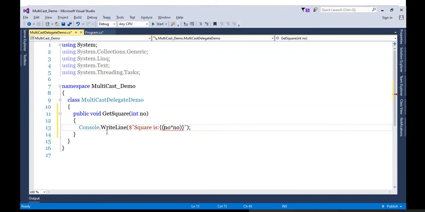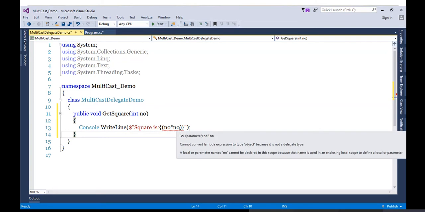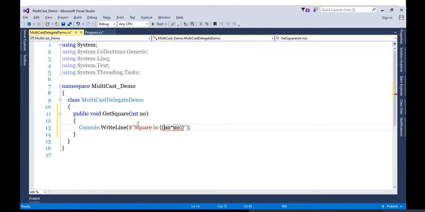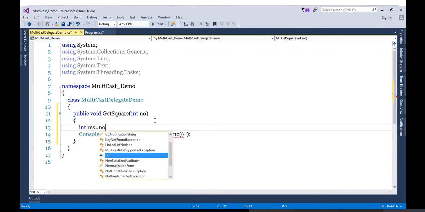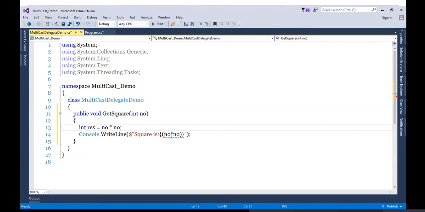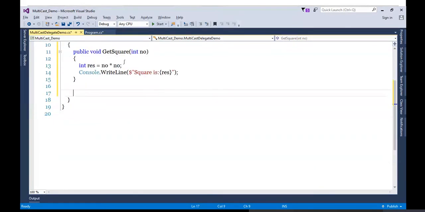That's it. Is it? No. Cannot convert lambda to object. So it is giving some problem. Okay, let's do one thing. Integer result. This will work definitely, but right now I don't have time to sort it out. So int result equals number into number, and here I will write result. Okay, so I got the first method, GetSquare.